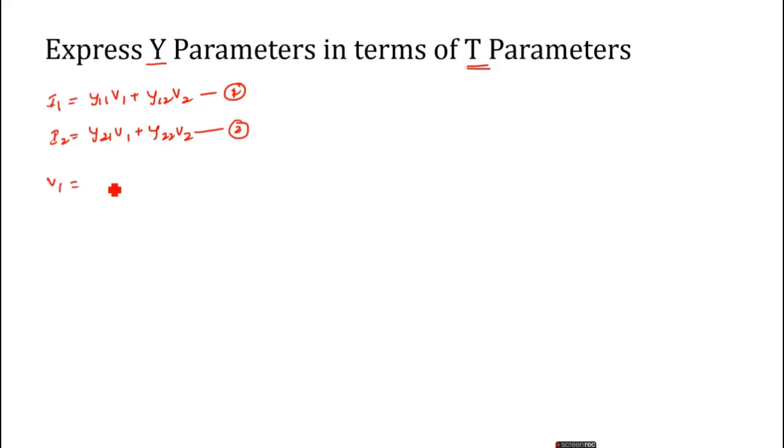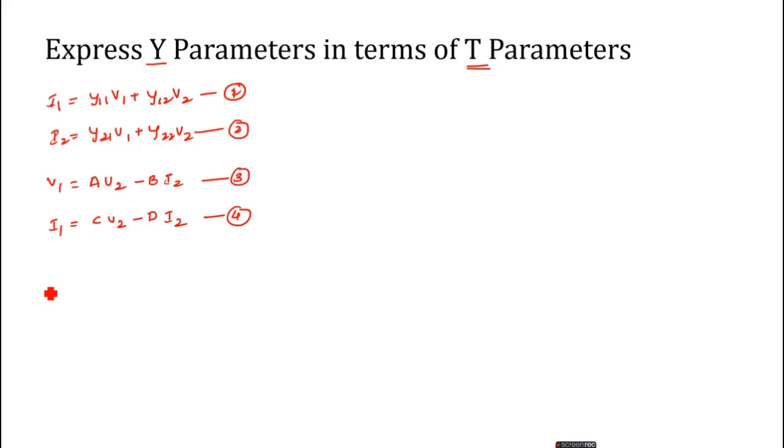T parameters are nothing but v1 equals a into v2 minus b into I2, and I1 equals c into v2, sorry, here it is I1, c into v2 minus d into I2. Call this equation number 3. Call this equation number 4. Alright, now